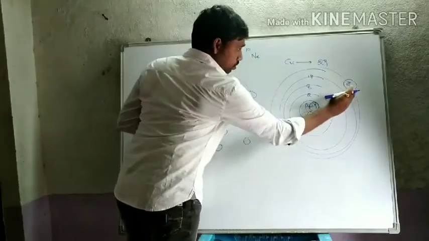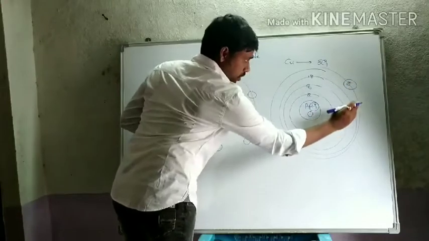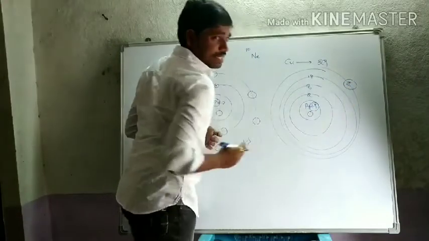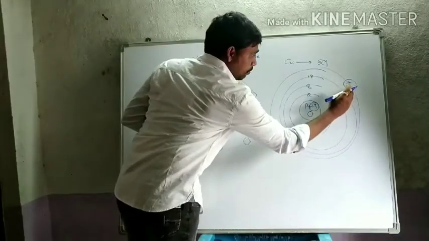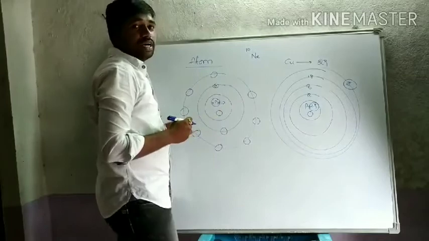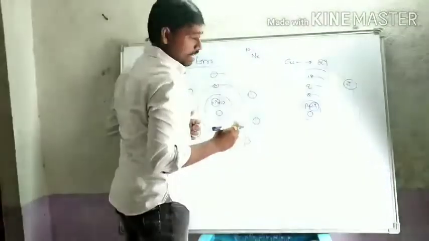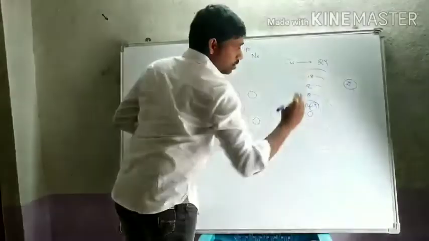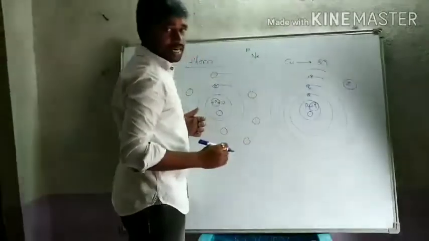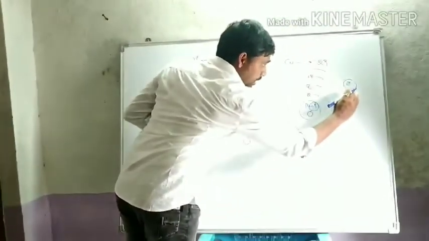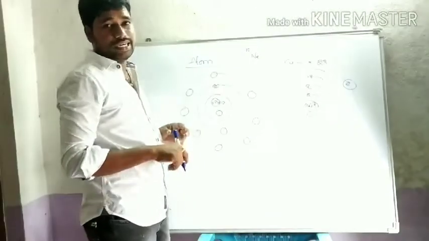So there is only 1 electron in the outermost shell. We will call this electron a free electron. These free electrons are the basis for the flow of current. If free electrons are present in the atom, they easily move from one atom to another atom. The motion of electrons from one atom to another atom we call electric current.